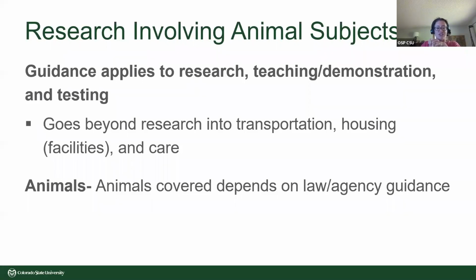So it's really kind of interesting that we're not just talking about the research conducted on them. Of course, that's important as well, but it's the whole package on how we get them, how we rear them, how we house them, what type of stimulation we might be providing to the animals, depending upon the animal's classification. And what animals are covered by the regulation really depends upon the particular law and agency guidance, which we're going to go into all those different laws and guidance here in just a second.